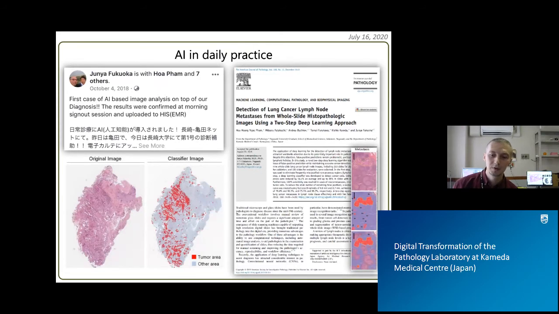Here is a good example just to show you. Our team developed AI algorithms for detecting lymph node metastasis of lung cancer and also assessing tumor cellularity in lung biopsies. It's important for sending specimens for molecular testing. The former study was published last year in the prestigious American Journal of Pathology, and I may say that more than 10 studies are in progress at the moment or have been presented at major conferences, such as USCAP, the Pulmonary Pathology Meeting, or the Digital Pathology Association.